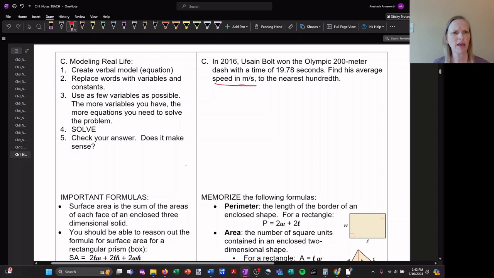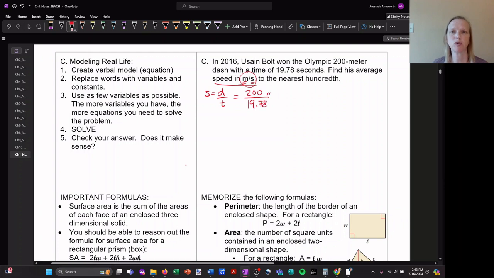You can kind of tell from that speed is distance divided by time. It kind of indicates that in the units, right? Meters are a measure of distance and seconds are a measure of time. So speed is distance divided by time. And the distance that he ran was 200 meters. And the time in which he ran the 200 meters is